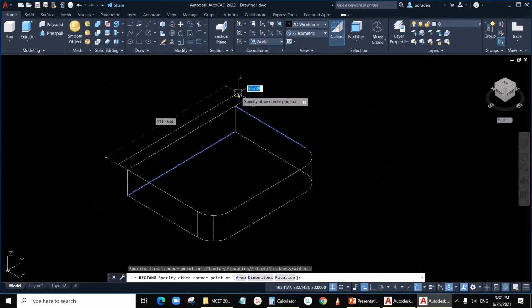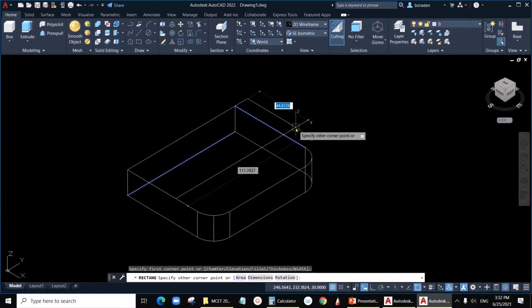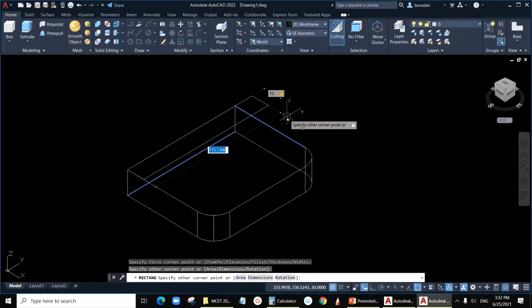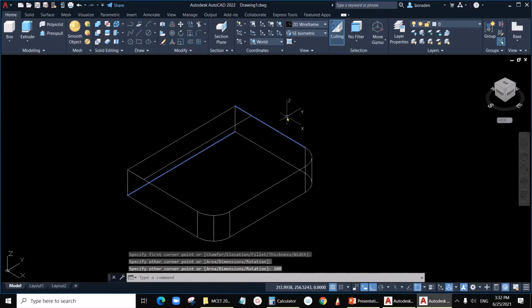Okay, so fine. So this is the first size. First size is here, we want 15, this number. Then enter the tab, it will jump to the next value which we want 100. So once you have this rectangle up here, we can use pull,